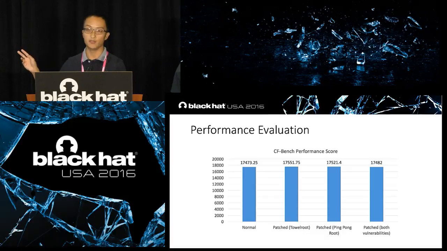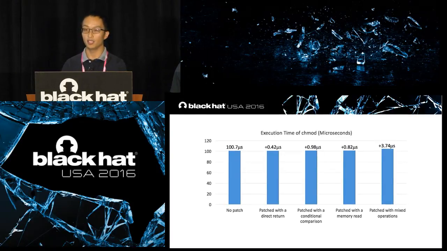There are these tiny deviations. That's because with CF bench, the score is not stable. If you run it multiple times, it will get different scores. We ran 20 times for each case and got the average, but still there is a tiny deviation. This is a reasonable result because severe kernel vulnerabilities usually happen on code paths that you usually cannot reach. If you frequently reach such a path, it should have been detected by security researchers many years ago. But still, we're interested in what happens if we load patches on the hot code path.